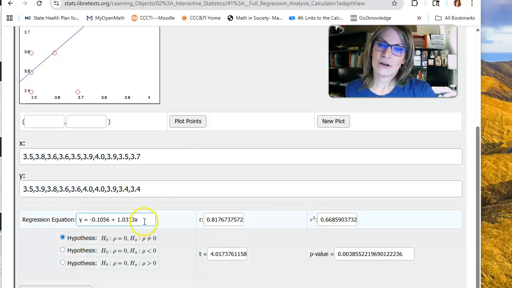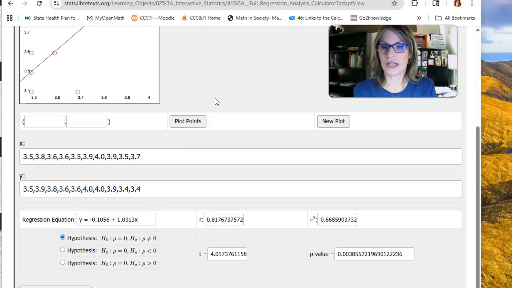And I want you to look carefully at this equation. It's not y equals mx plus b. We're used to y equals mx plus b. But this is y equals b plus mx. It's like fixed plus variable cost, fixed plus variable change. And so I usually write it backwards. I'm used to y equals mx plus b. So when I write mine,